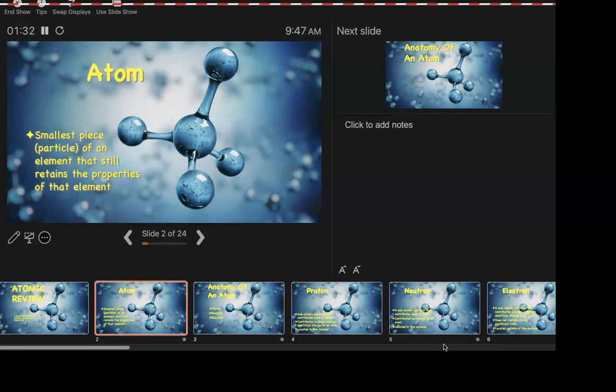All right, so we're going to start small, right? An atom. What's an atom? Well, an atom is the smallest piece of an element that still retains the properties of said element. You could call it a particle if you wanted to. That word floats around here and there. The important bit, though, is that it is the smallest piece that still would be recognizable, okay? Smallest piece of sulfur that is still sulfur. The smallest piece of silver or gold or whatever. Sulfur is an element.